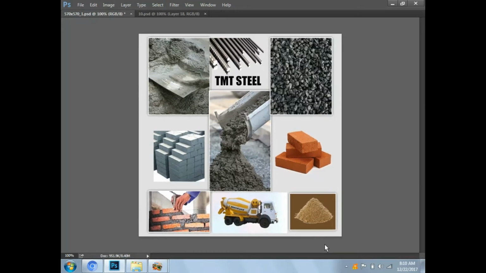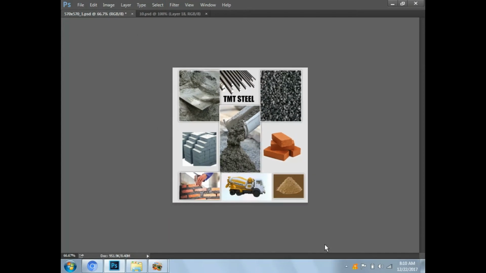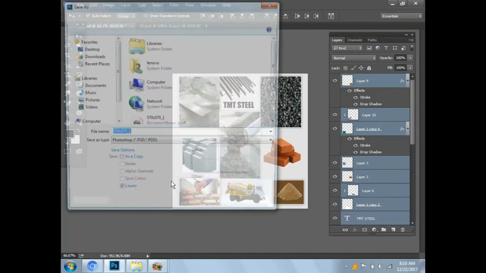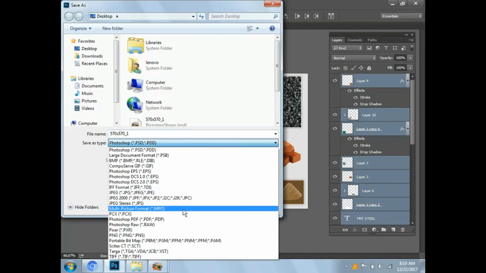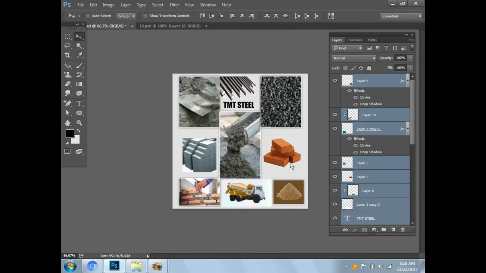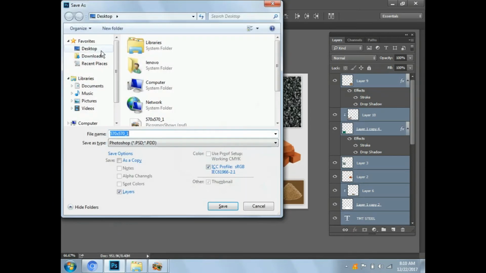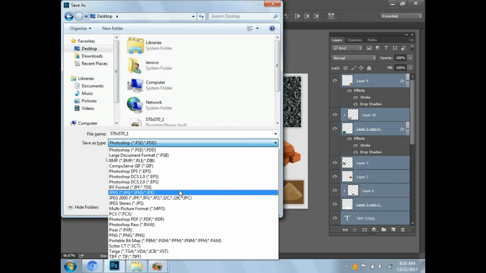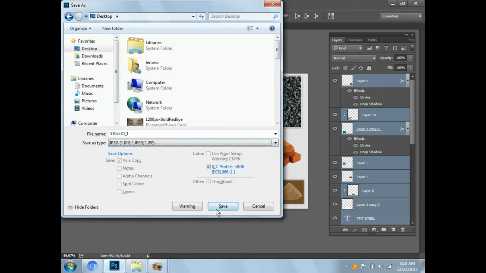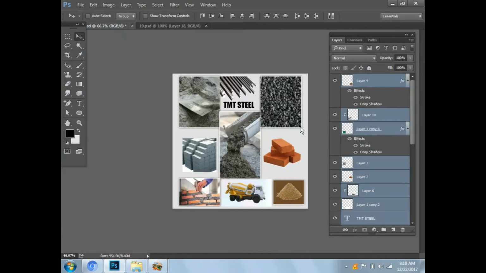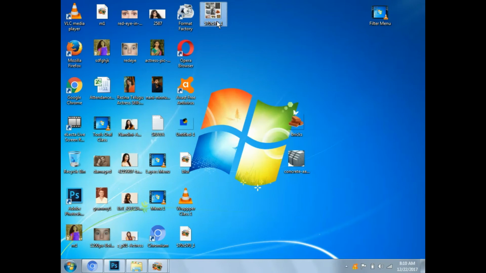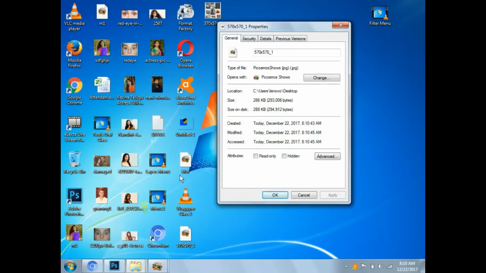Save it. Okay, and what is the size we got here? 286 KB, but I need 13 KB or 10 KB or 15 KB or 20 KB like that. We have to decrease the size. When we decrease the image size, the website loading speed increases very much. That's why the client asks us to decrease the file size and give it to the developer. Then what do we have to do?